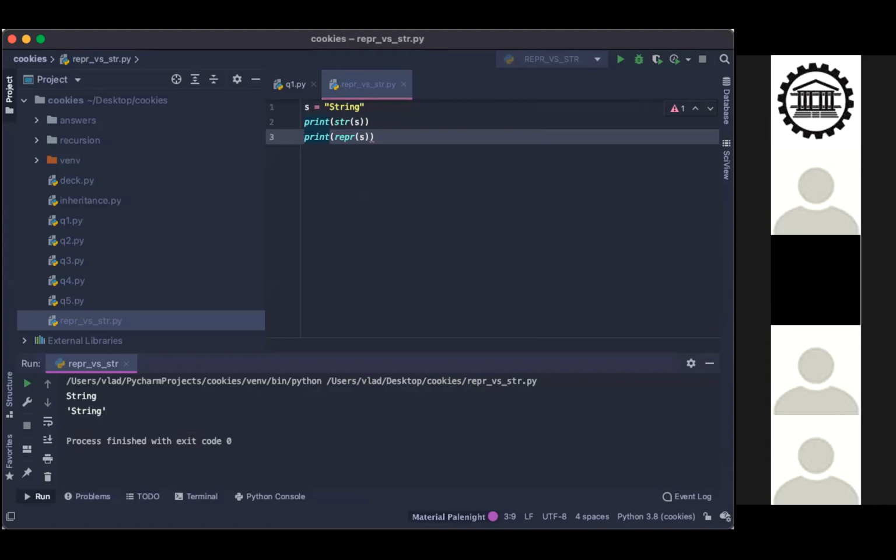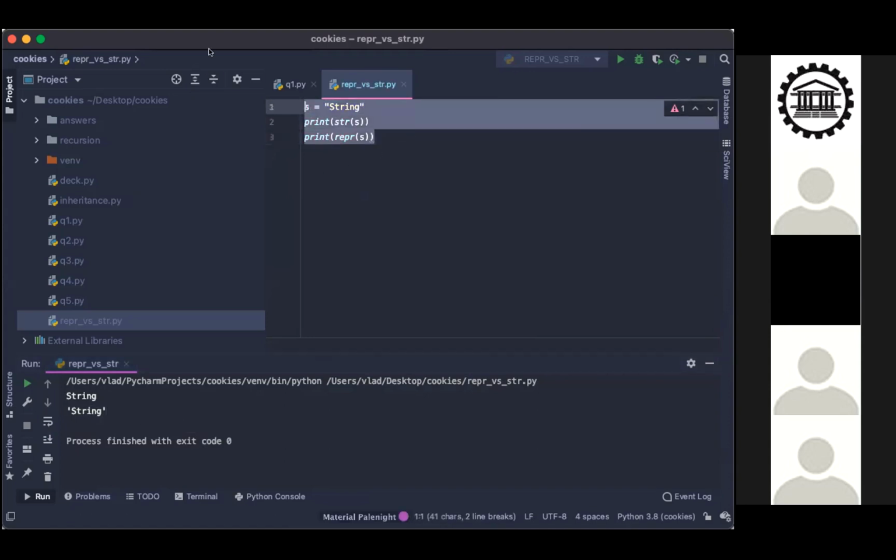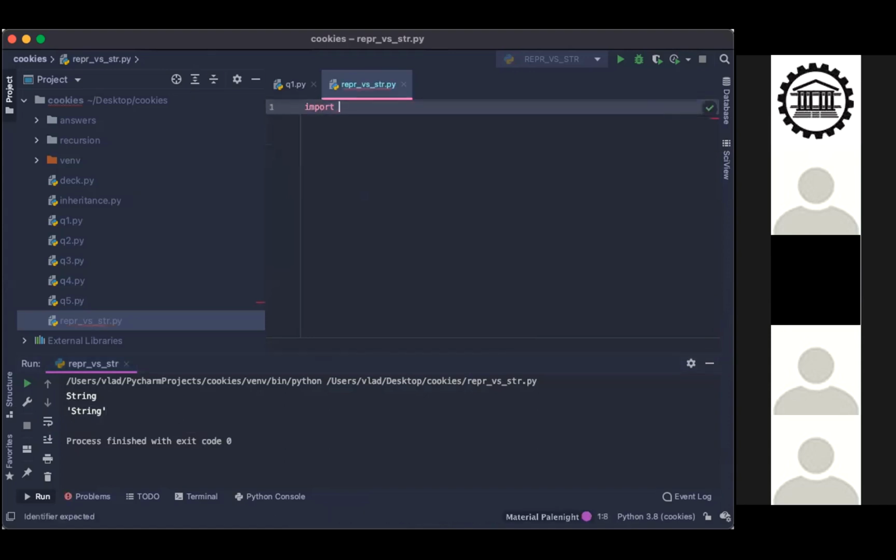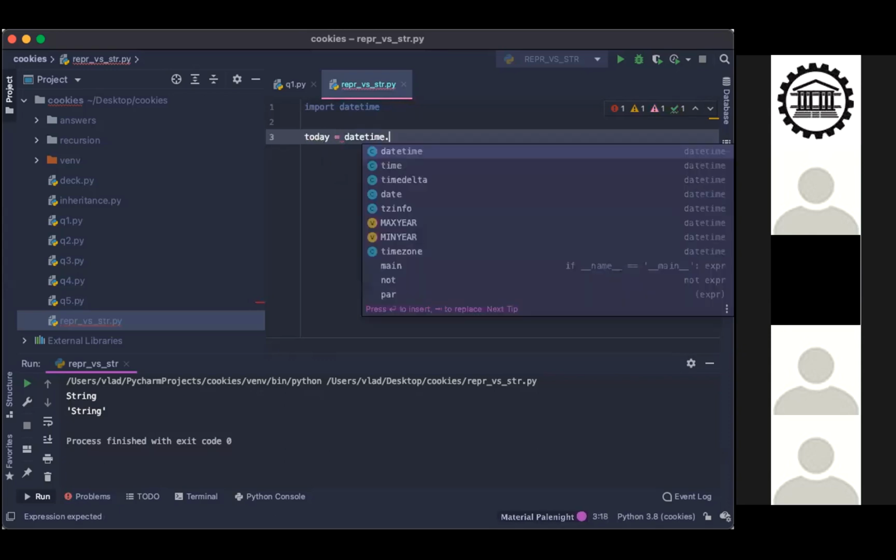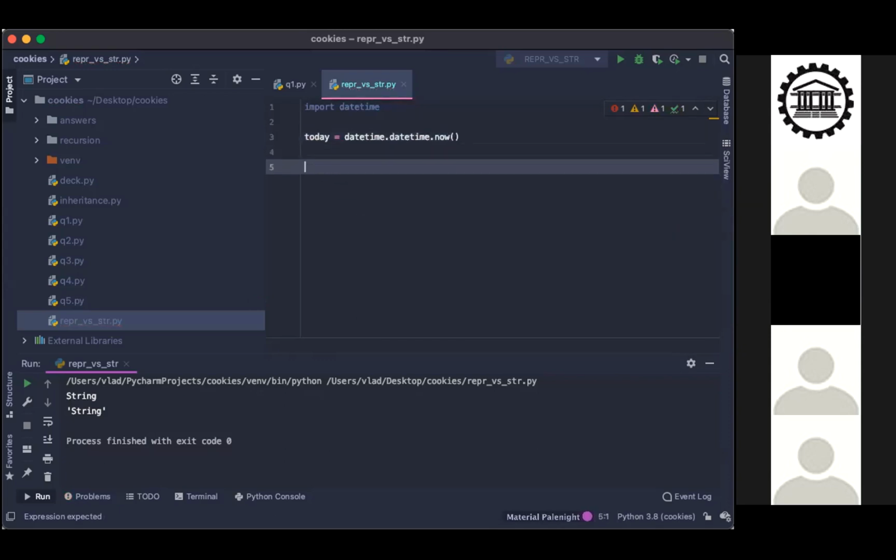Basically you'd show the type of it too. And here's a different example. This would make it more clear. Import datetime. This is the datetime module. So today equals datetime.now. So that gives us the time right now. We would print the str of today.